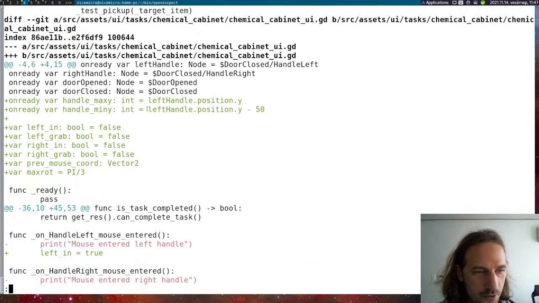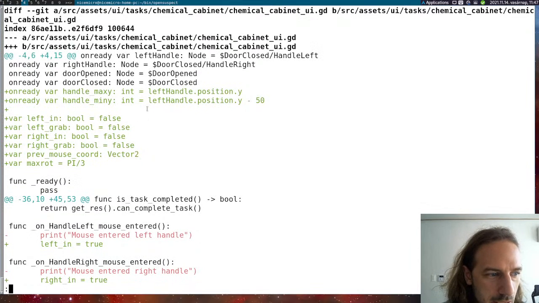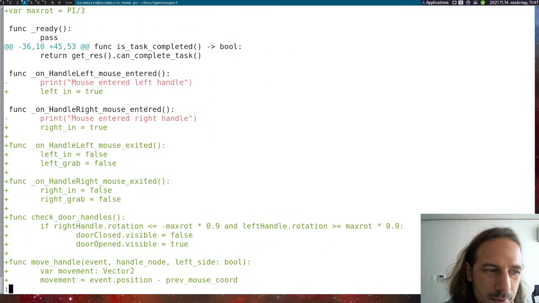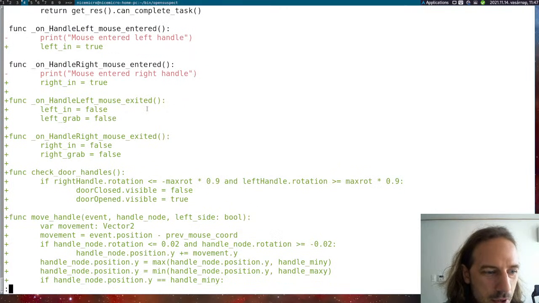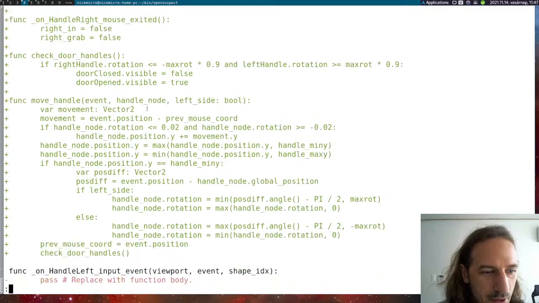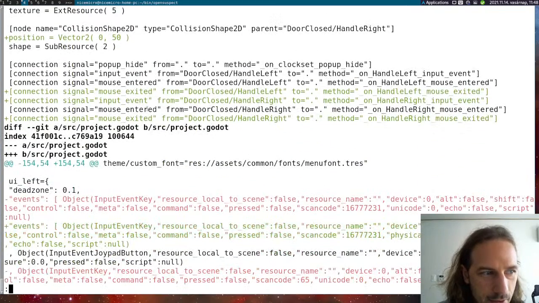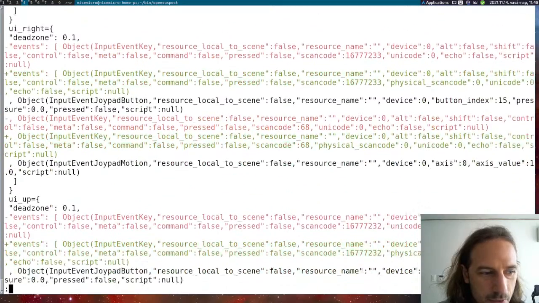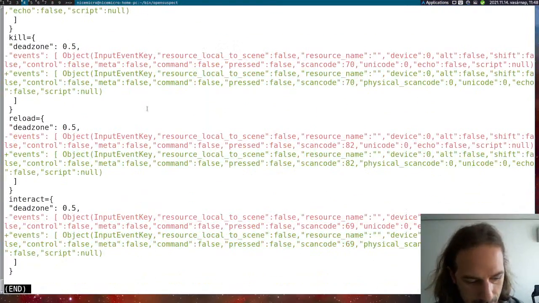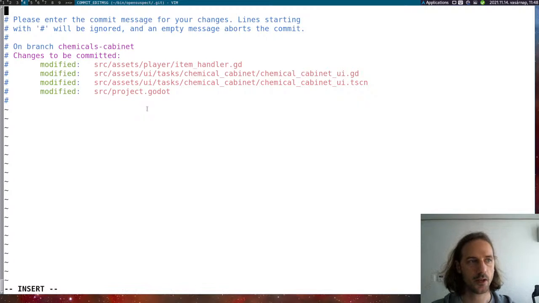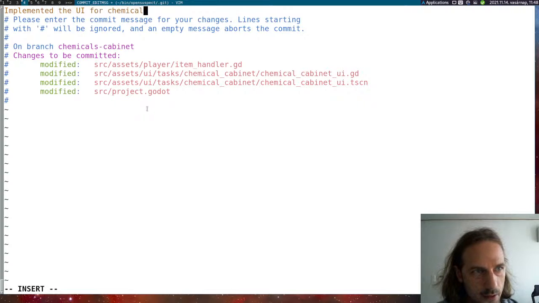I changed the item handler to not be able to pick up when a UI is open, or maybe we can change it in the future so that it actually checks if the open UI actually blocks movement. Okay, so these are all the programming changes that I just implemented from the last week, and these are the new signals and all the modifications to all these other things. So git add and git commit